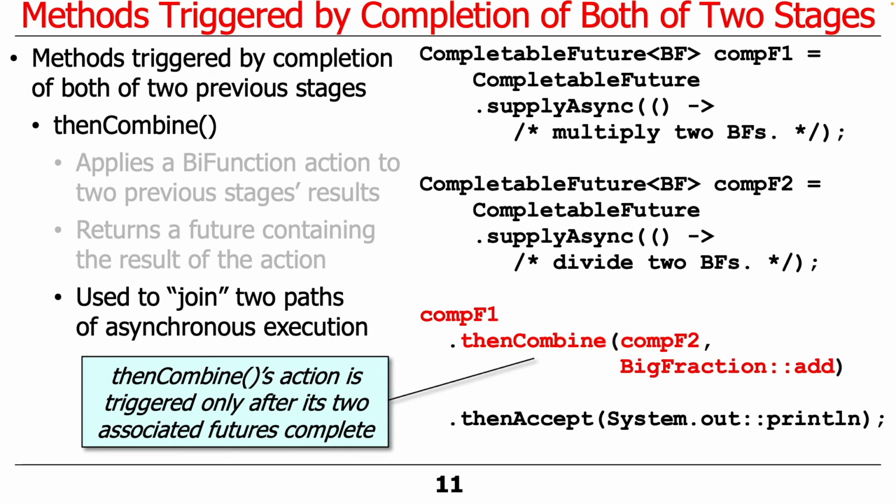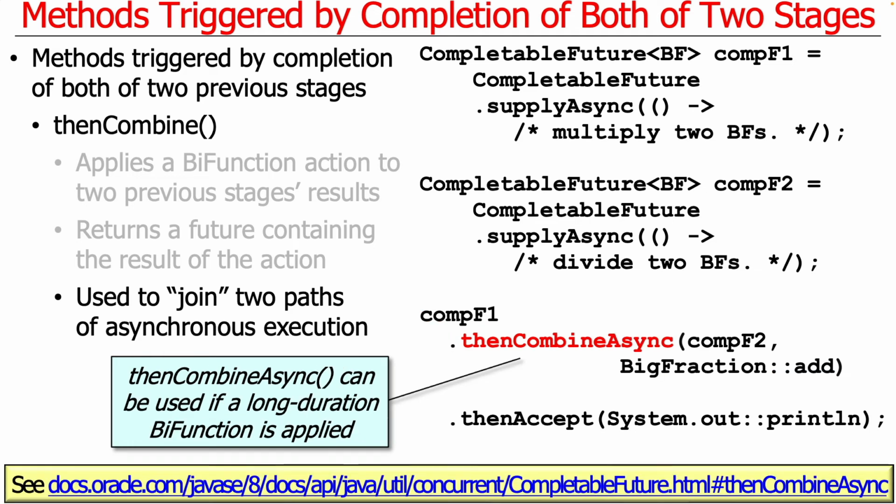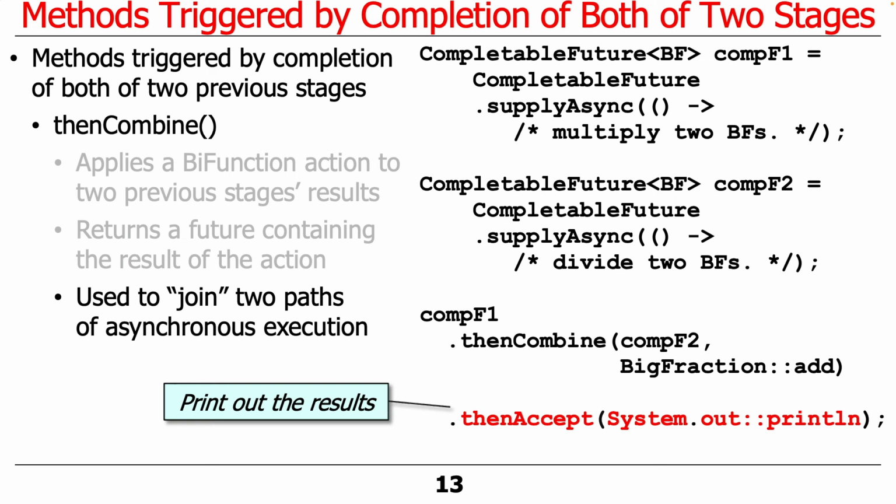Now again, for this particular purpose, we don't need to do that because add is a super fast call. And honestly, if you tried to do add in the background, it would probably take longer to set it up to run in the background than it would just to add the results together. But be aware that there is an async variant of thenCombine called thenCombineAsync. In either case, whether we use the async variant or not, we can have the thenAccept call be used to finish things off. And you'll notice, by the way, that you might have the thenAccept call running in a different thread